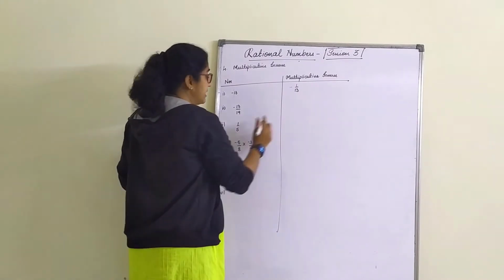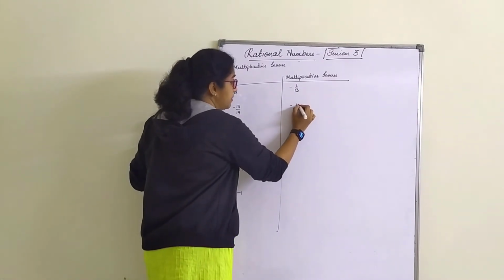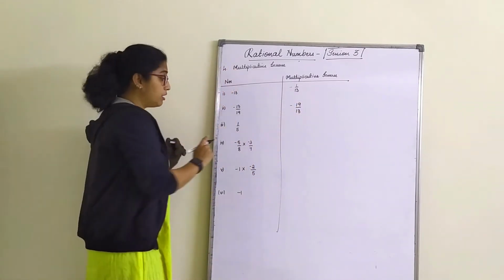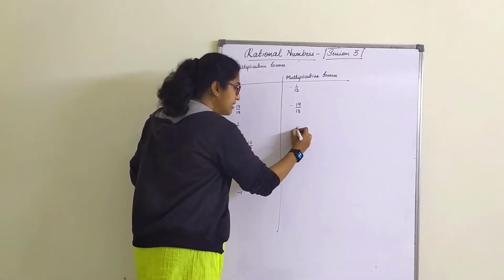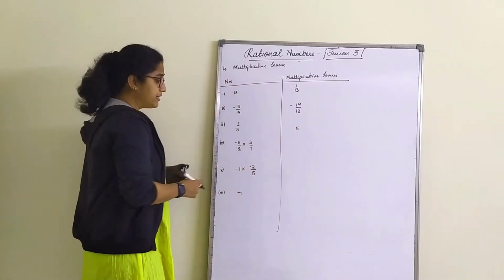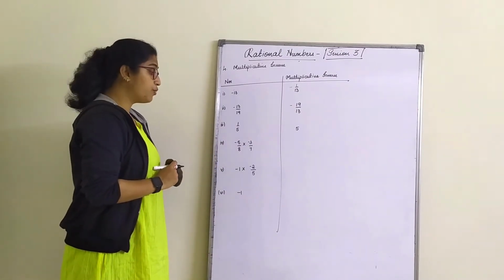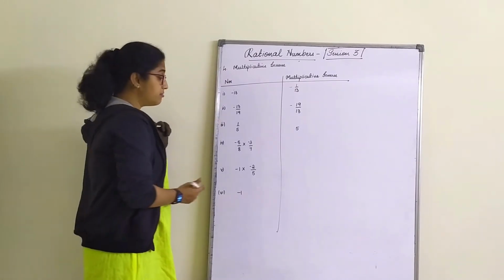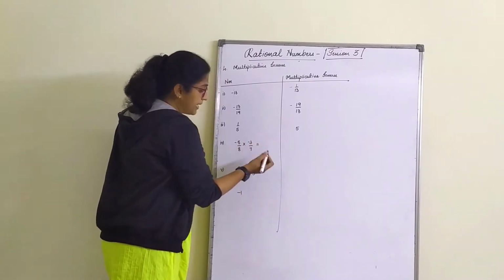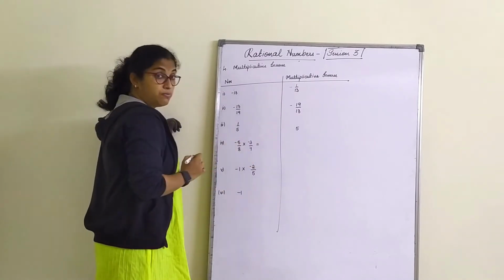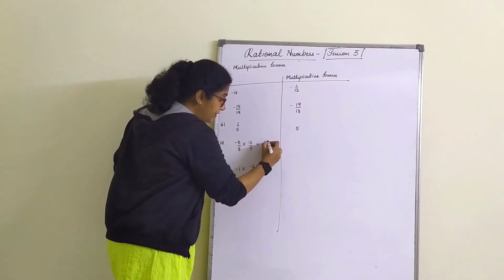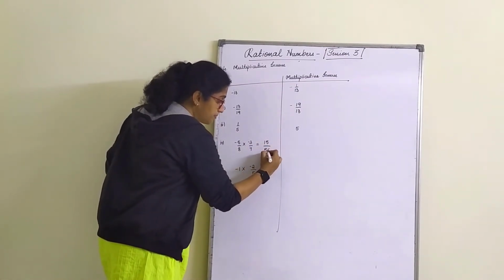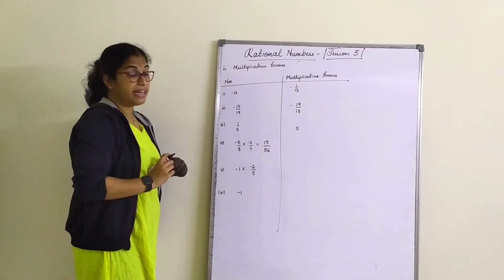Minus 13 by 19. The multiplicative inverse is minus 19 upon 13, with the same sign but the reciprocal of it. 1 by 5 is nothing but 5 by 1, that is 5 itself. Just look at this number now. What we will do here is, first let us multiply and get a number, then find its reciprocal. So nothing can be cancelled. Minus 5 into minus 3 is plus 15. 7 8s are 56. Correct? So the number is 15 by 56.